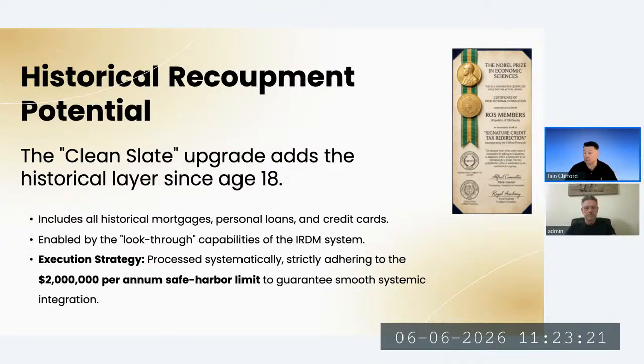If you're already doing this, but you're not doing 2 million, you can upgrade. You can add more signature credit into your existing recoupment filings if you want to upgrade. And once you've started, then every year you'll be spending and recouping that signature credit, as I mentioned earlier. Next slide.